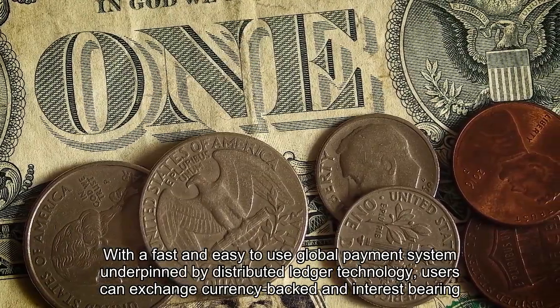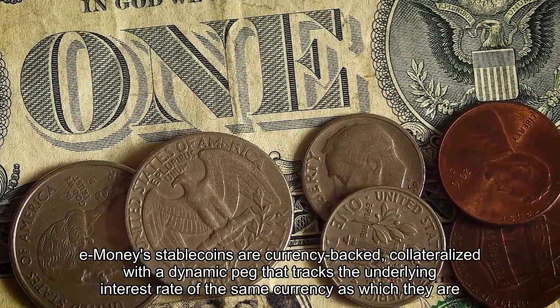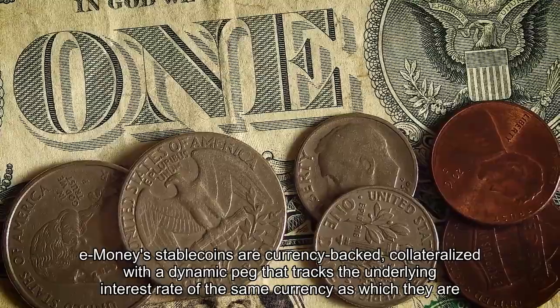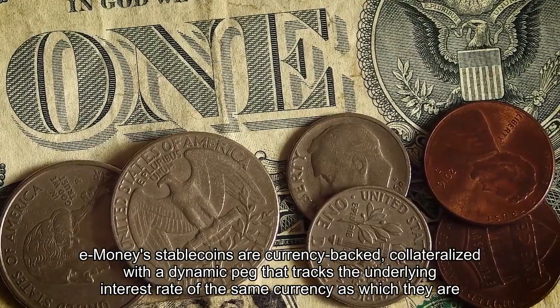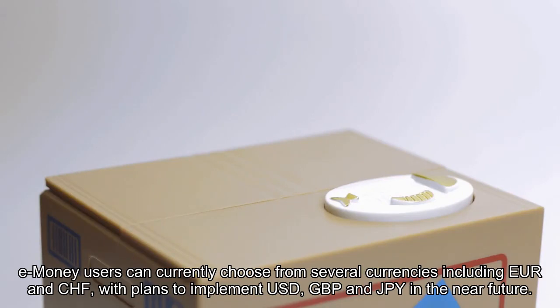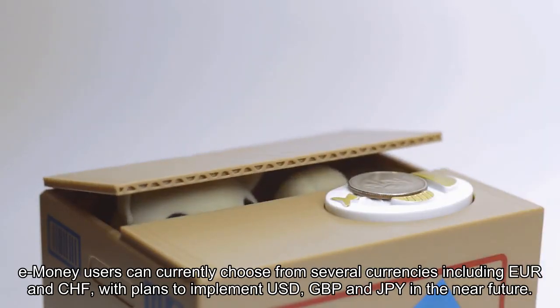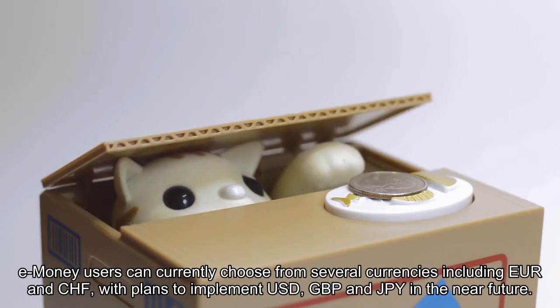currency-backed and interest-bearing stablecoins. E-money's stablecoins are currency-backed, collateralized with a dynamic peg that tracks the underlying interest rate of the same currency as which they are issued. E-money users can currently choose from several currencies including EUR and CHF, with plans to implement USD, GBP and JPY